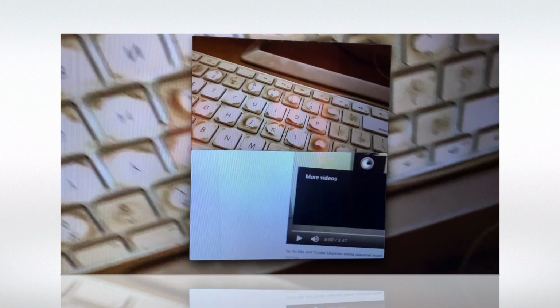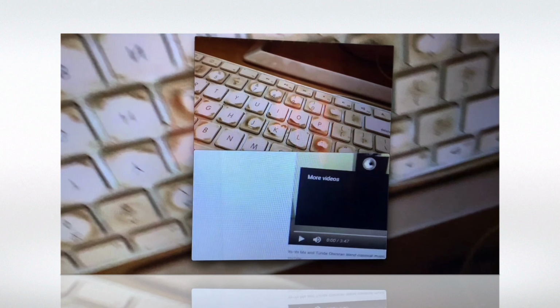So what we're looking at here is a still, and I'm going to try to click on it and get it to play. It's a YouTube video, and it was made by Yo-Yo Ma and Tundi, and I don't know how to pronounce the last name, Olaniran, or Olanarin perhaps. This video is called Doorway, and it relates to this idea of doors and doorways, obviously, but perhaps more specifically